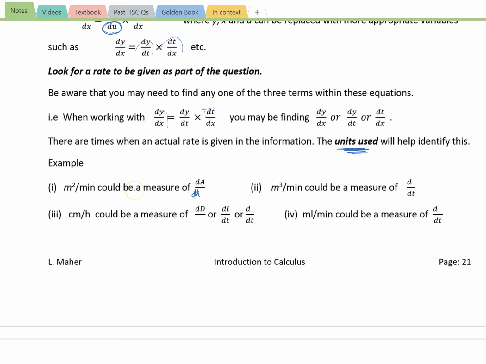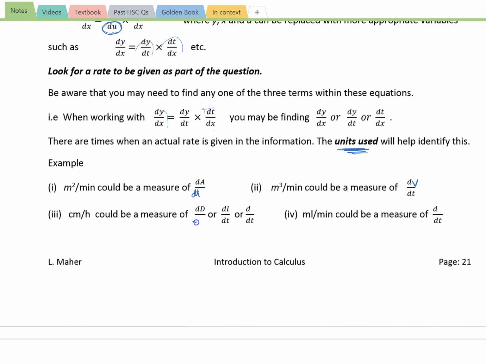Minutes is a measure of time. Meters cubed per minute. Now, meters cubed would measure volume. We want dV/dt. Just straight out centimetres per hour could be differentiate distance, because centimetres could be a measure